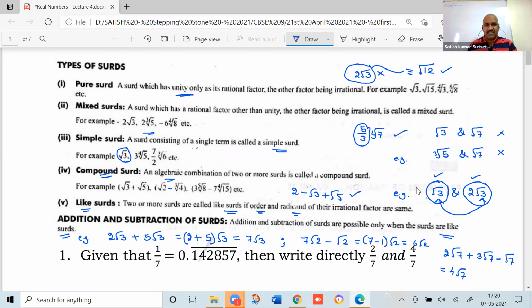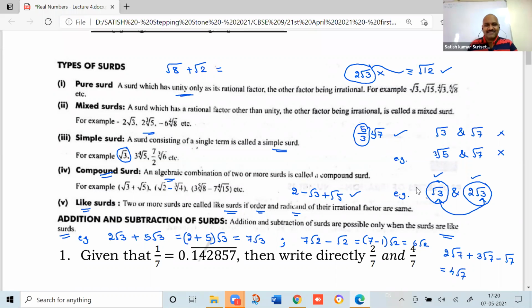Let us take one more example. Square root of 8 plus square root of 2. Now, tell me what should I write this as? Sir, it will be the same. It can't be added. No. Here you have to simplify root 8. Check, is it possible to express root 8 in terms of root 2 or not? So factorize root 8. Root of 8 you can write as root of 4 into 2